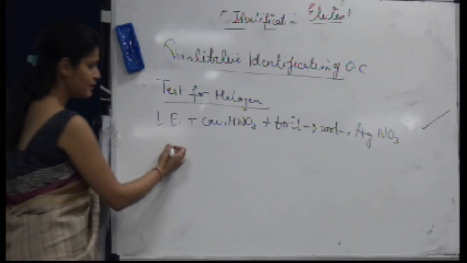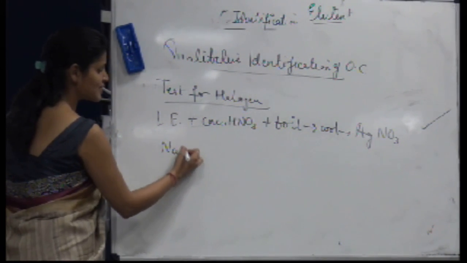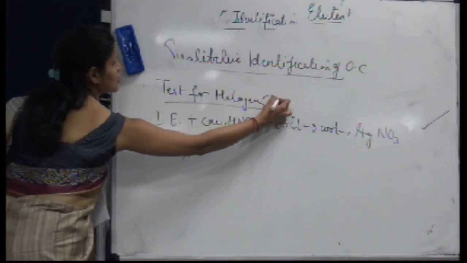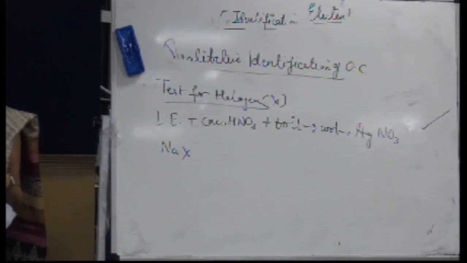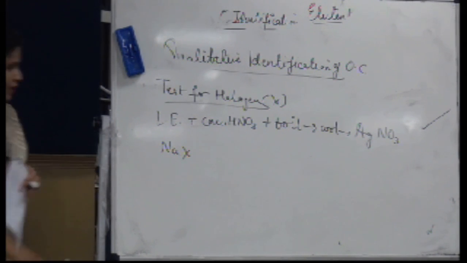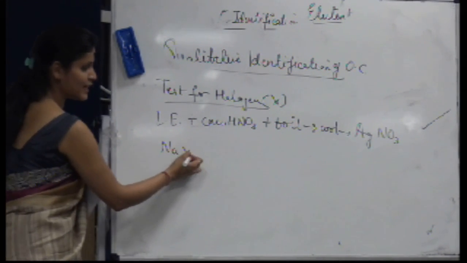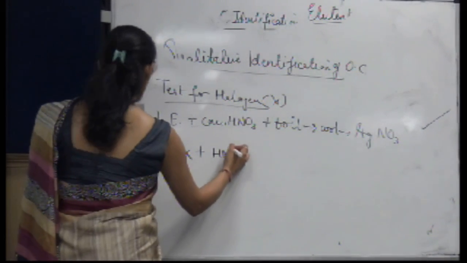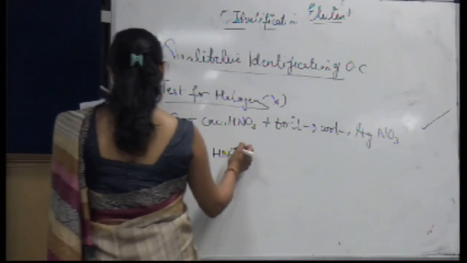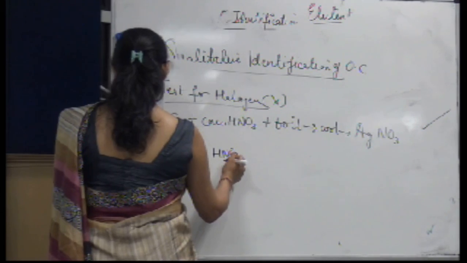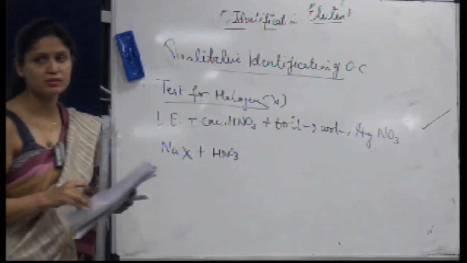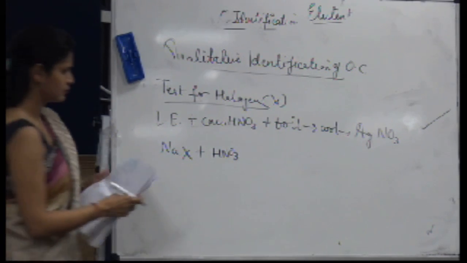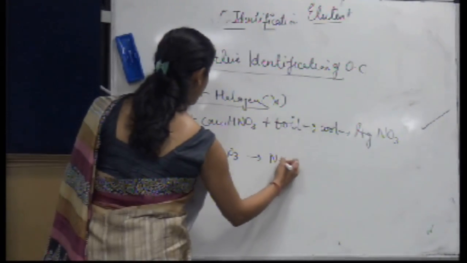Reactions लिखें पहले. Let the compound be present as NaX, because I am saying X is any halogen. It could be chloride, bromide or iodide. Suppose the compound is present as NaX. I am adding HNO3 to it. Then the reaction would be, what would be the reaction? NaNO3 and,